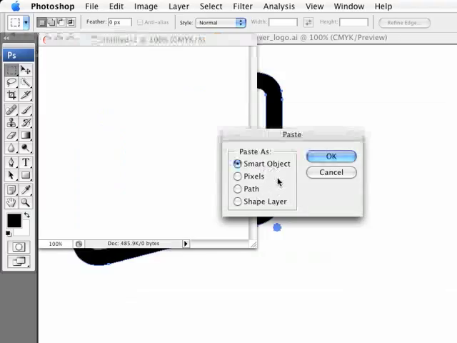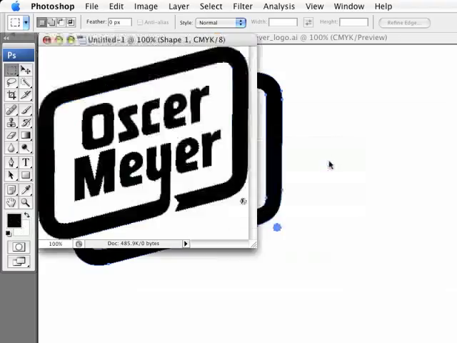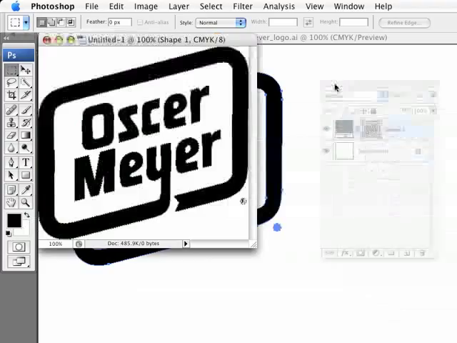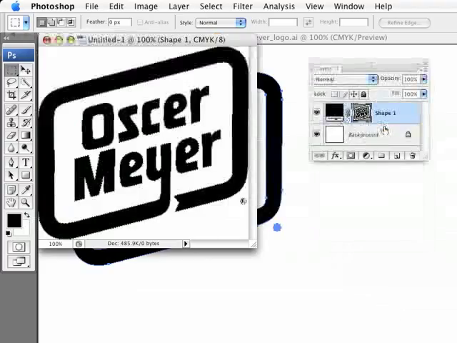Normally, when I'm working with Illustrator and Photoshop, Smart Objects is the best choice, but in this case we're going to do a shape layer. And I also didn't mention this out loud, but before I hit paste, I just made sure this was black just so I could see what I was doing and would get better results. So I'll click OK, and if I bring in my layers palette, you can see it has in fact created